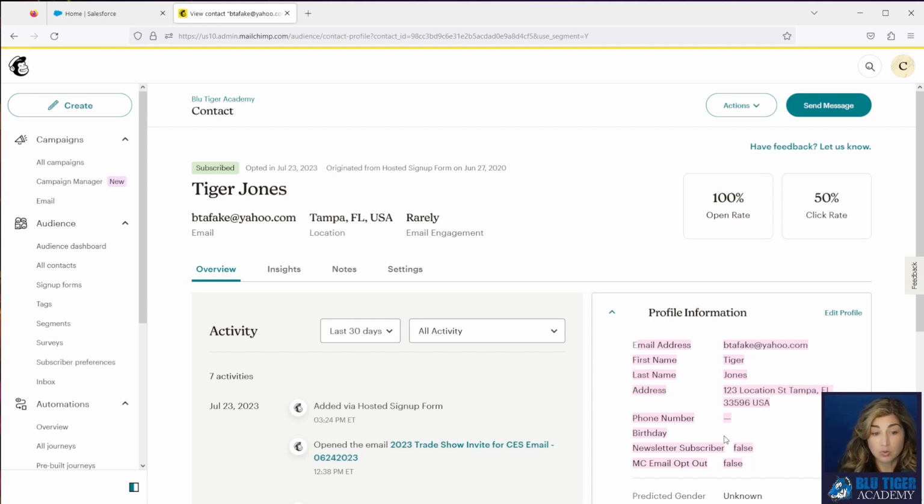Any data that you store in a field in this profile information section can be exposed to the contact via a form, allowing the contact to update their information for you. So if you want to do a process like that at a later point in time, you'll definitely want to store the data in a field on the profile information on the contact.